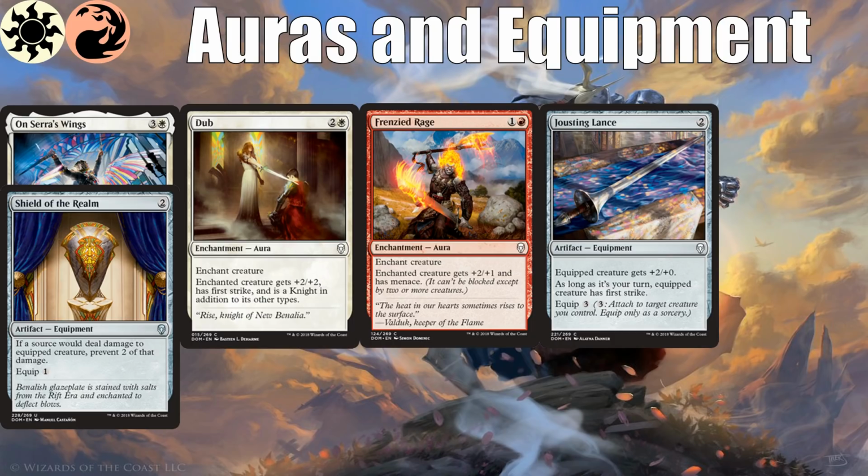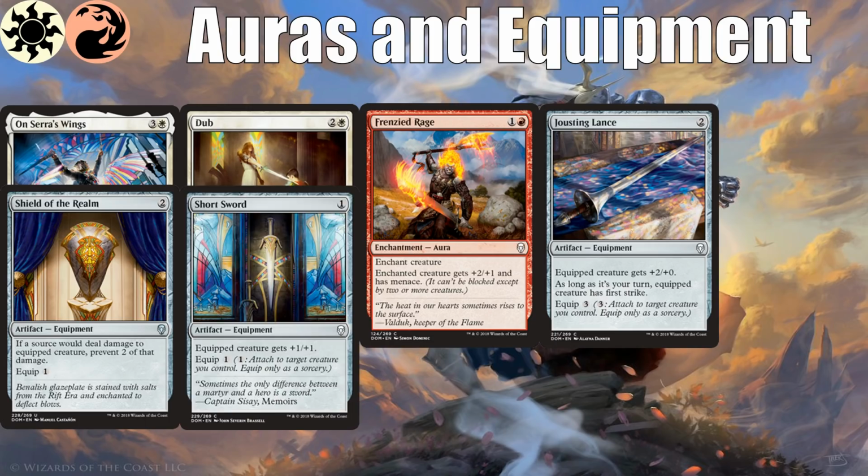It's easy to cast, and equipping it is really cheap. And preventing 2 damage can be a real issue. Short Sword just does stuff very efficiently. I think it's the best of all the common and uncommon equipment, which we've now looked at. So, these 6 cards are things you should be on the lookout for if you're in red-white and you have